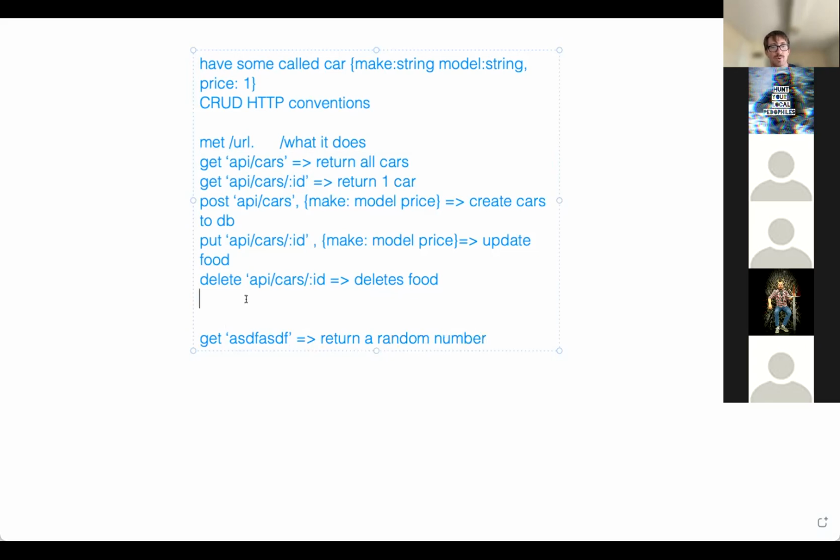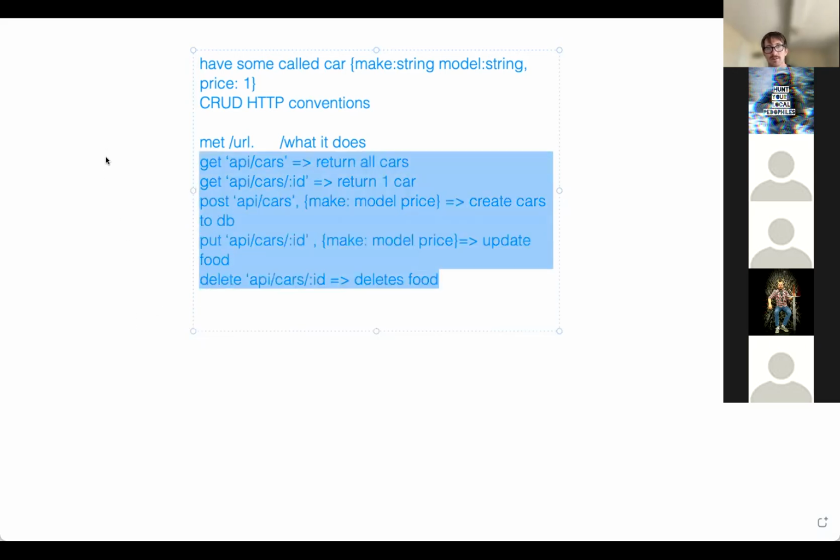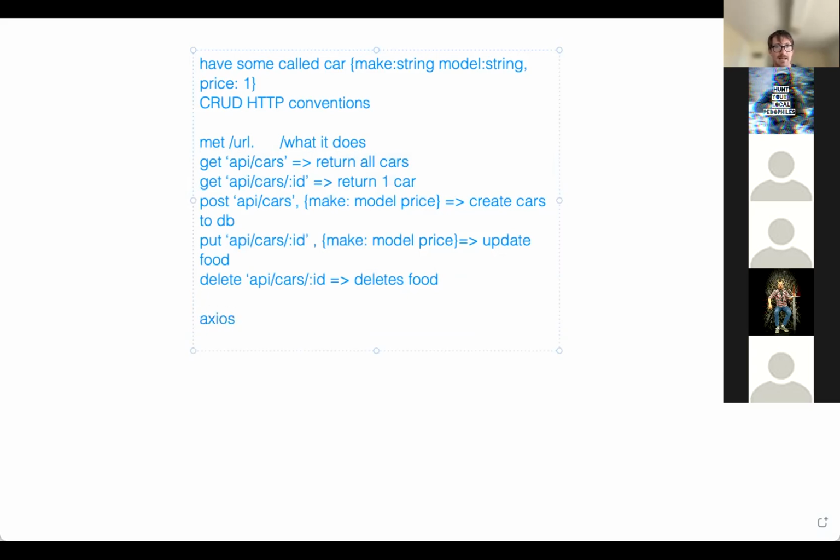Like we can do more custom. But for now, we're not going to get into that. We're going to just stick with these traditional methods. So if I were to go code this in React, and I want to get all cars,